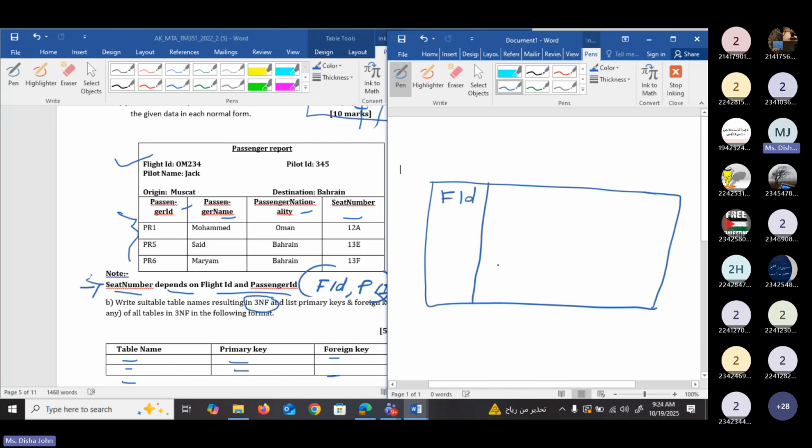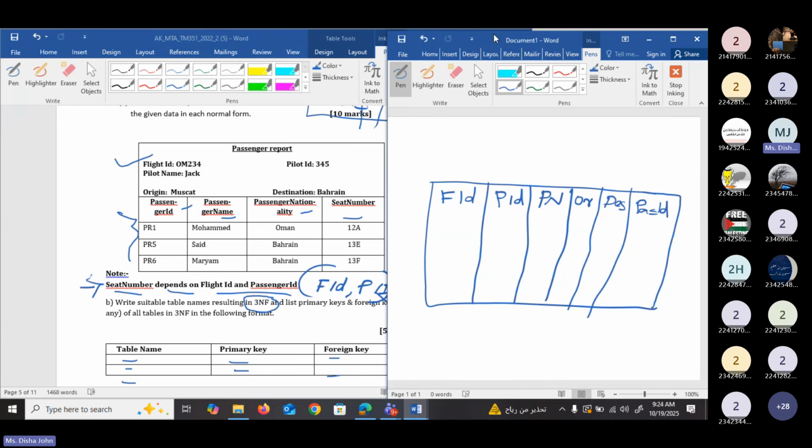Flight ID. Then here you need to write pilot ID. Then here pilot name. Then here origin airport, origin. And then here destination airport. Then you need to write the next column names, let's say passenger ID. Okay, we'll make the table.